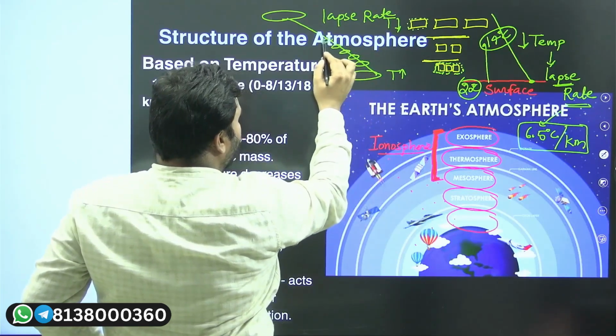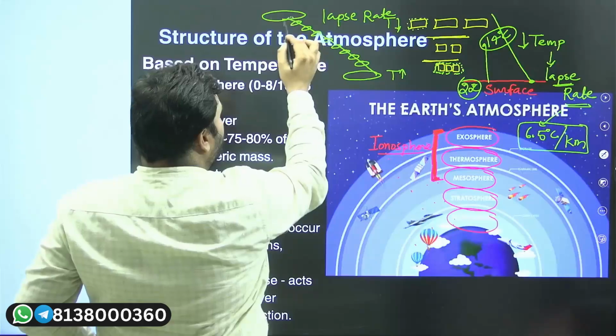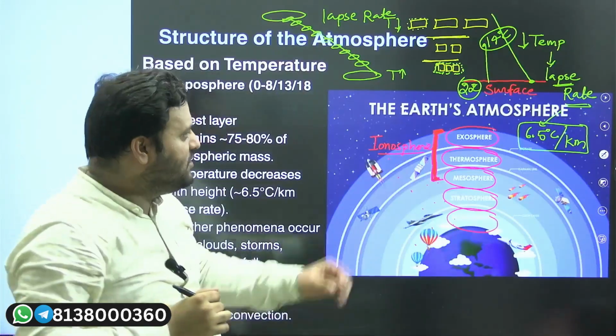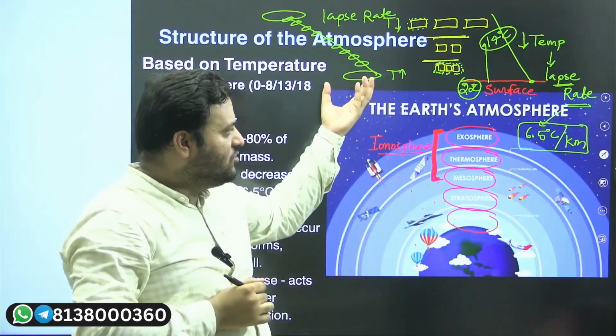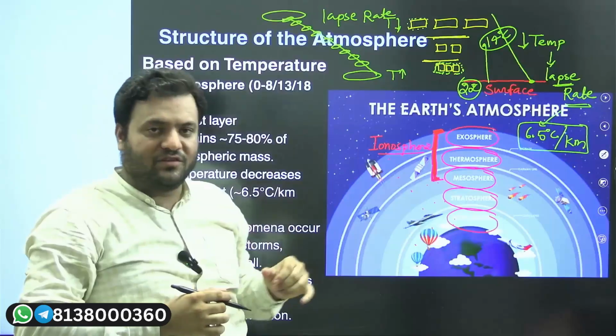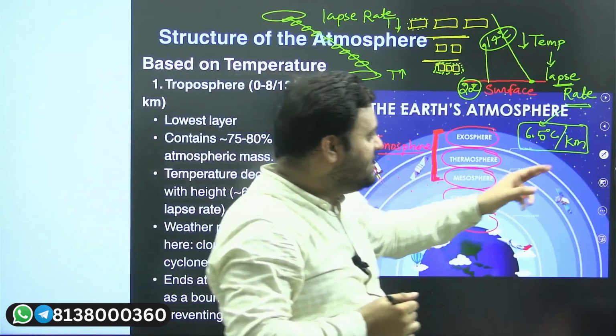If the volume is more, the air will cool. If the volume is less, the air will warm. Why? Because the air is contracted. So with respect to this pattern, it is called what? Lapse rate. And based on the lapse rate, we also have